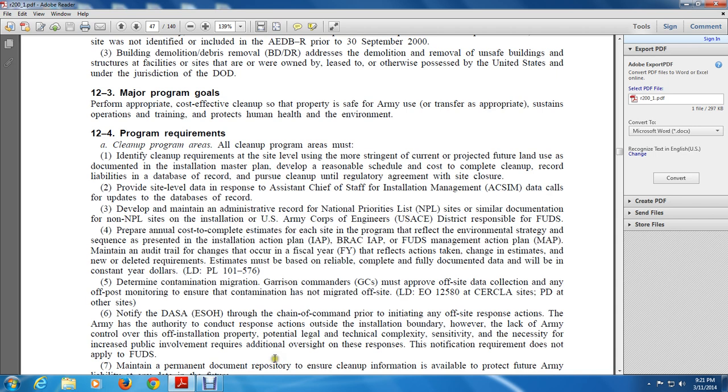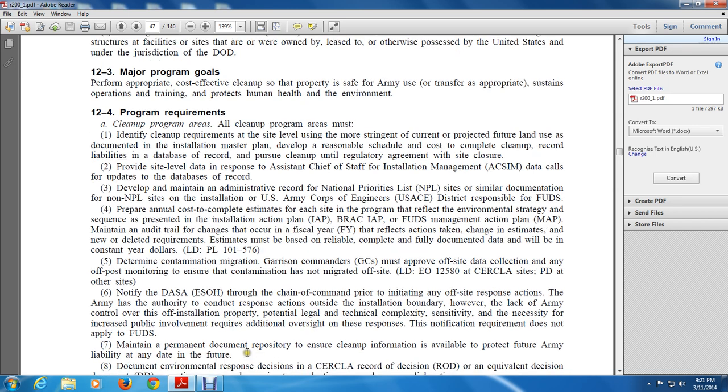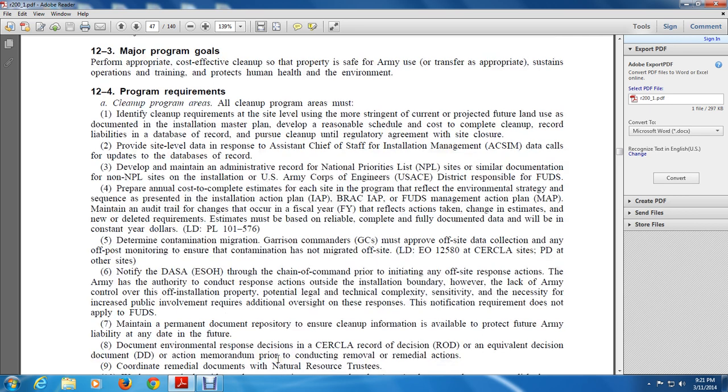authority to conduct response actions outside installation boundary. However, as the lack of Army control over the installation of property, potential legal and technical complexity of sensitive, and the necessity of increased public involvement requires additional oversights on these. Response notification requirement does not apply to the FUDs. Maintaining permanent documentation repository to ensure cleanup information is available to protect the future reliability in any date of the